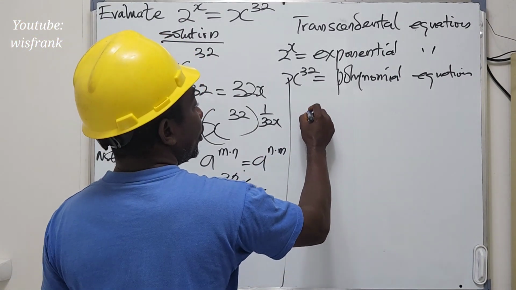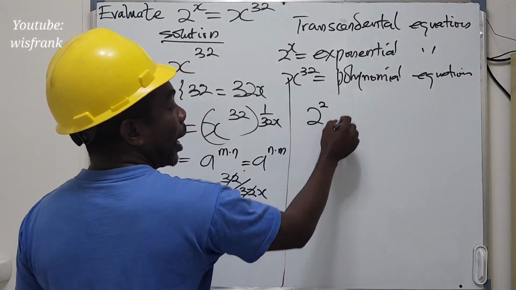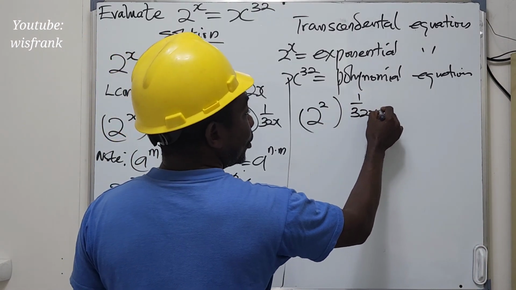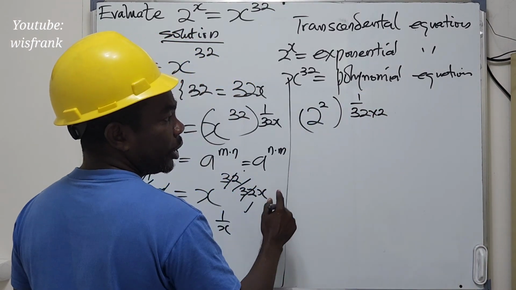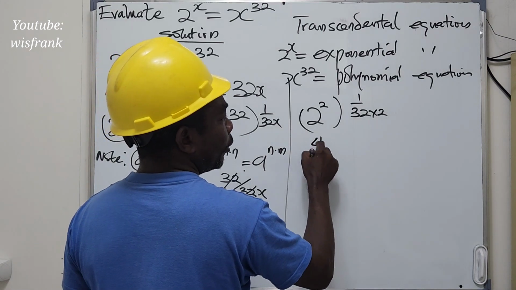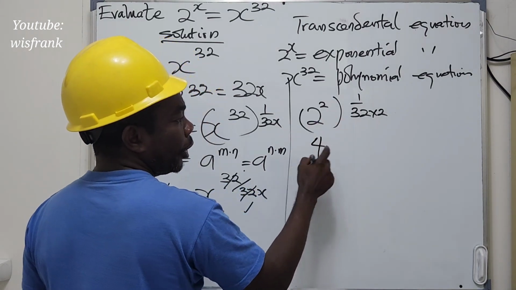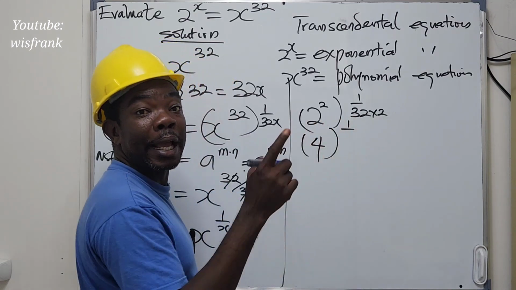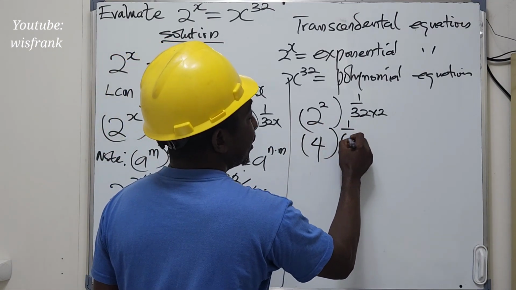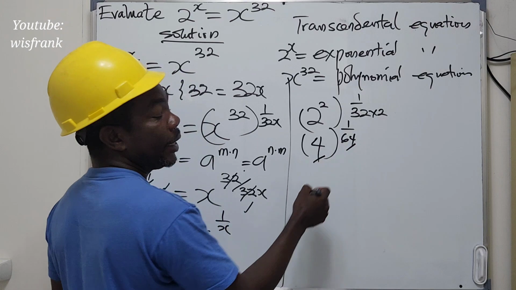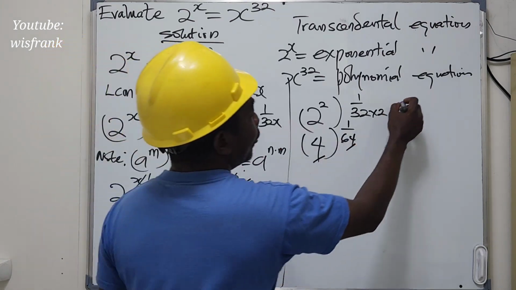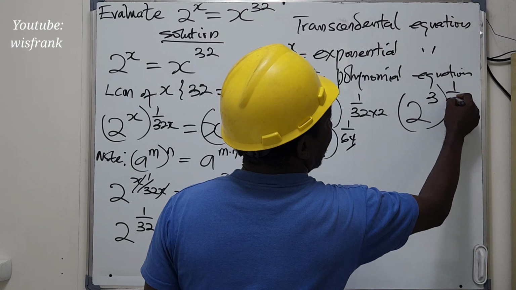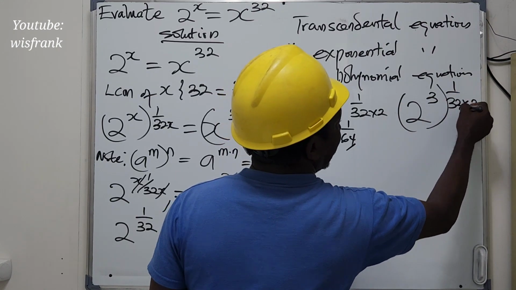So if we raise 2 to the power of 2, and we also multiply 1 all over 32 times 2, what does this mean? This will give us 4, 2 to the power of 2 is 4. Then we have 1 all over 32 times 2, which gives us 64. So here and here is not the same. So if we have 2 to the power of 3, then we have 1 all over 32 times 3,